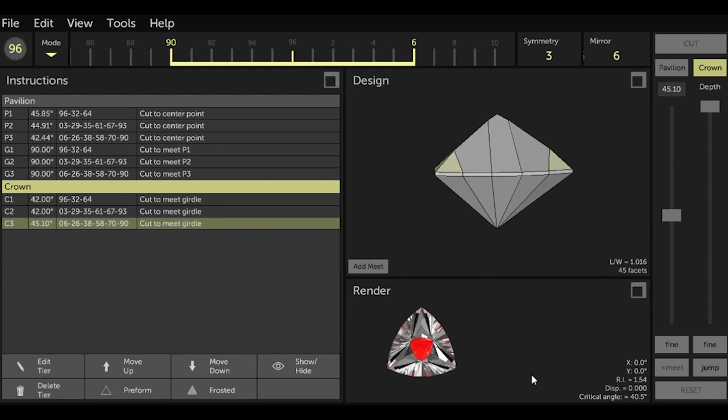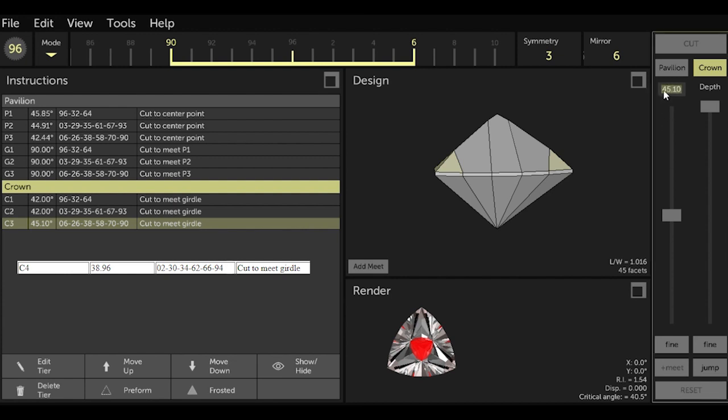The fourth line of instruction for the crown is shown here. We have not cut these 6 indexes before with this design, so we need to examine them for symmetry. The distance from the first index to the second, 2 to 30, is 28, and the distance from 30 to 34 is only 4. So this does not fit our symmetry rule, so we have to assume mirror. So for mirror,